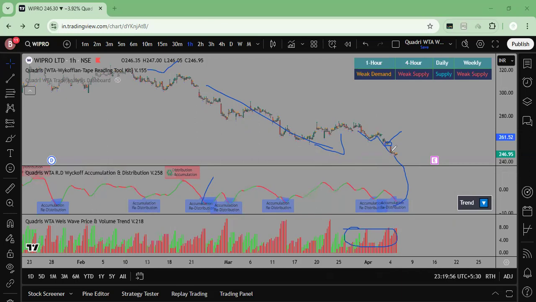There might be many people who have bought in this one, but it has clear cut given a signal that we shouldn't be in the position when this was broken. So even if you bought at this particular price level, that was 261, give or take 260, you would have exited when this price has reacted in a different manner. By that I mean it has started sinking in. So let's see what happens.